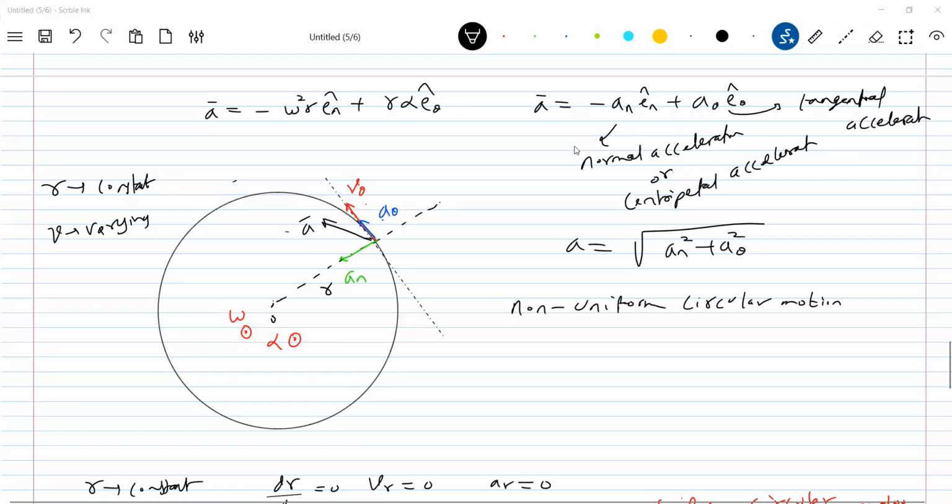The general formula is not needed. I just brought it because what we discussed now should come from there. The special cases of the general planar motion are what? Uniform and non-uniform circular motion. Got it, all of you? Now there are two accelerations, no? This is called like a